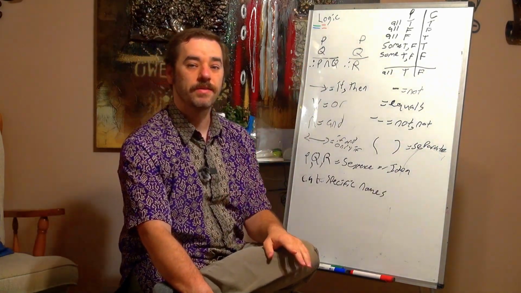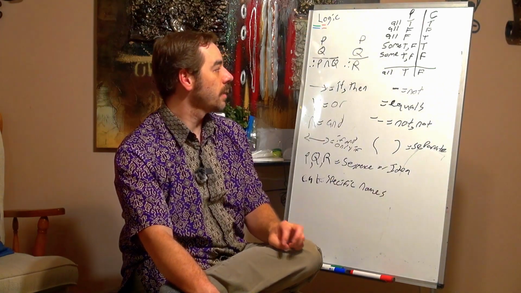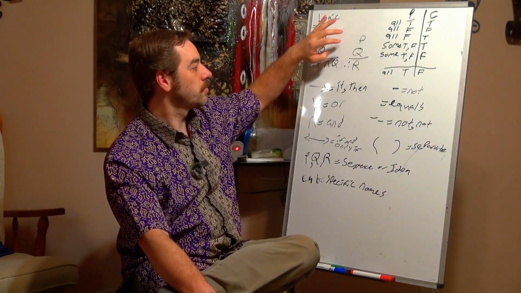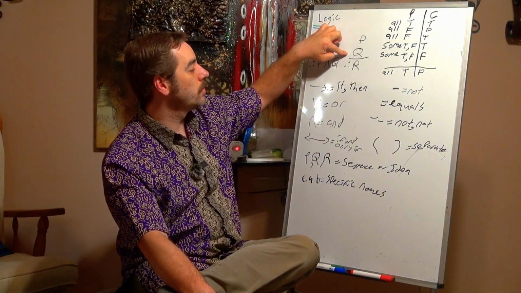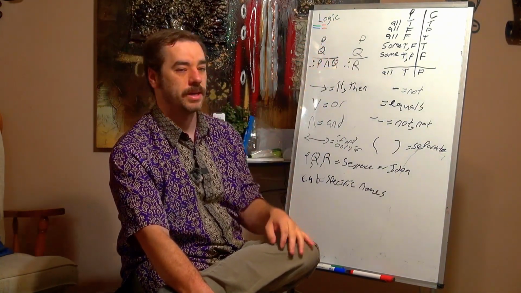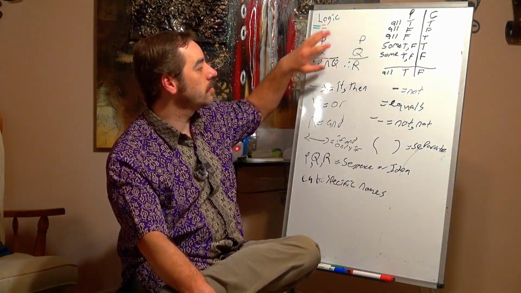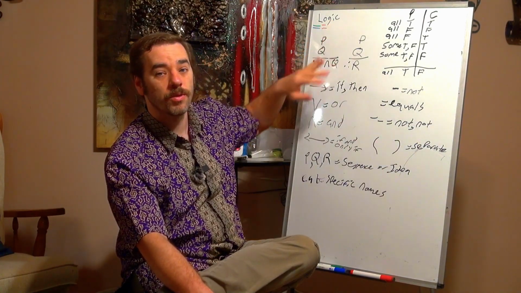However, let's look at an invalid argument. Let's look at one where it doesn't follow from that. This one's invalid because there's no relation between the premises and the conclusion. The prince went dancing. The queen went dancing, therefore Robert went dancing. You can see there's no connection between these premises. It could be the case that all of these are true, but it doesn't follow from one to the next